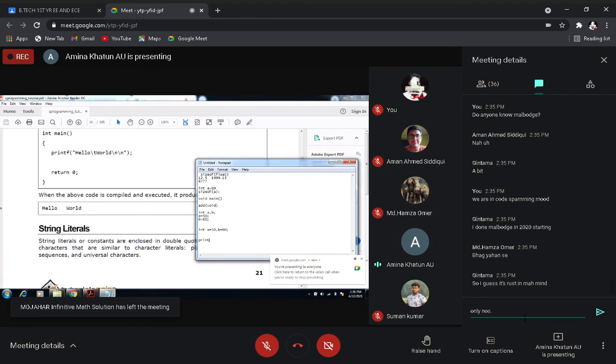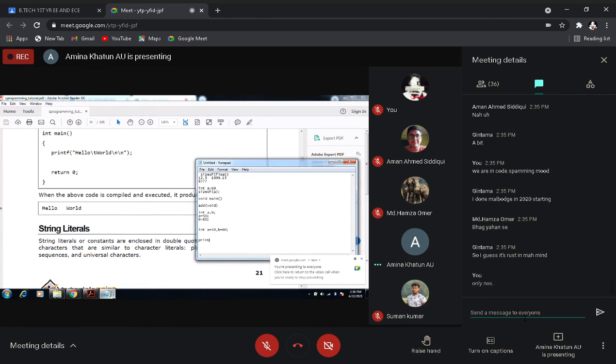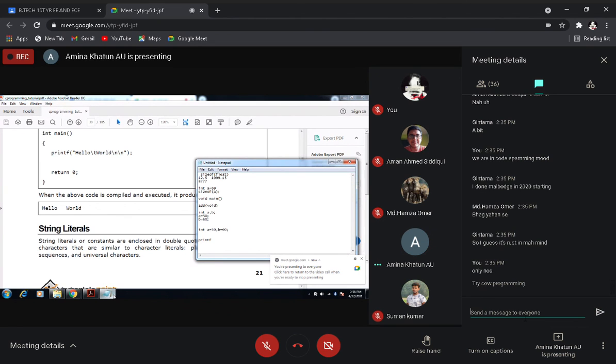If you put a \n, the output will be on a new line. Suppose in printf you put Aliah, then a \n, and then University.